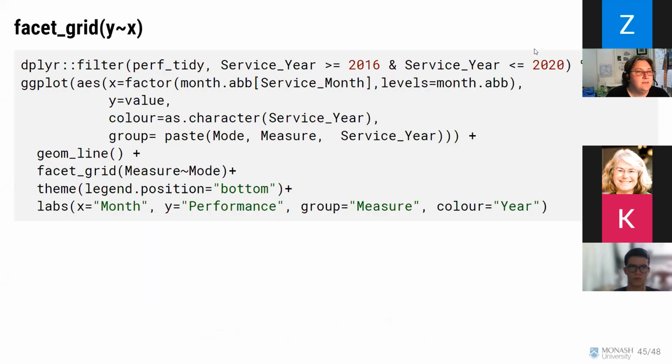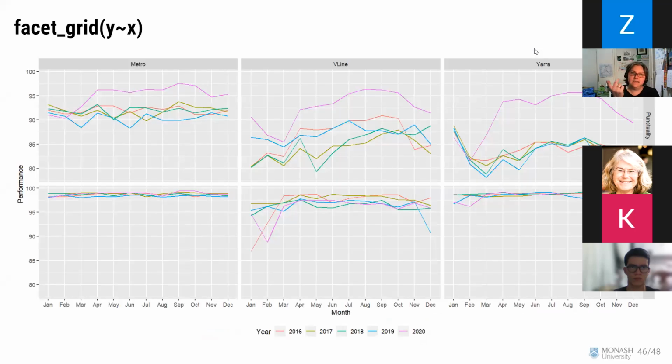Facet grid. So this one is for this graph. It's like the previous graph, but what I've done is I've separated out the punctuality and the reliability, and it's not really that interesting a graph because the reliability is so much higher and more unchanging than the punctuality. But it shows how, when you've got tidy data, you can easily split out by